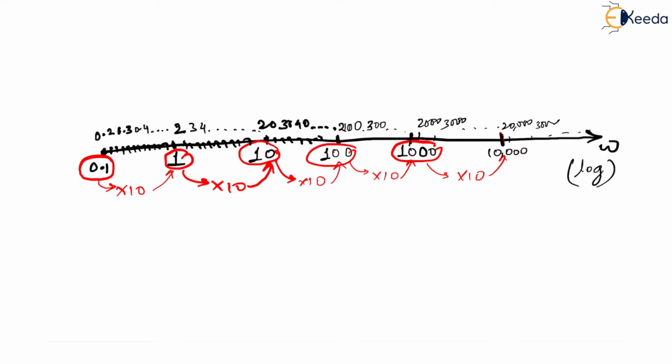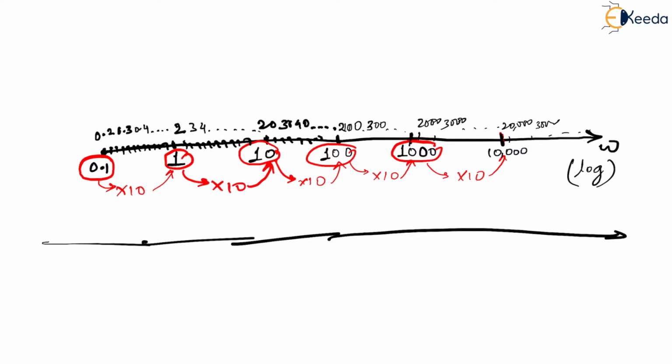Getting my point? Whereas with a linear scale, I would not even have been able to show 100 frequencies. Not possible. But with the logarithmic scale, I was able to have almost 30,000 to 40,000 on the same slide. Definitely, if you extend this even more, you can fit even more frequencies.